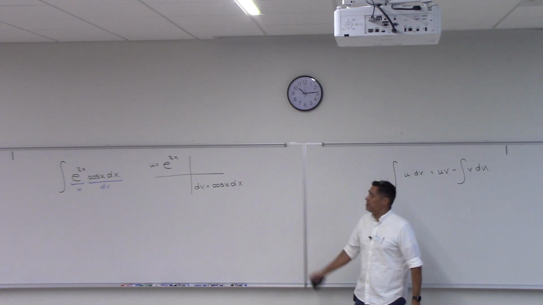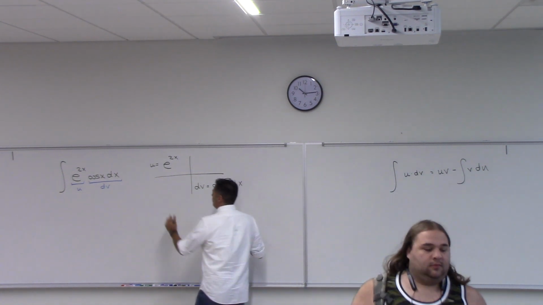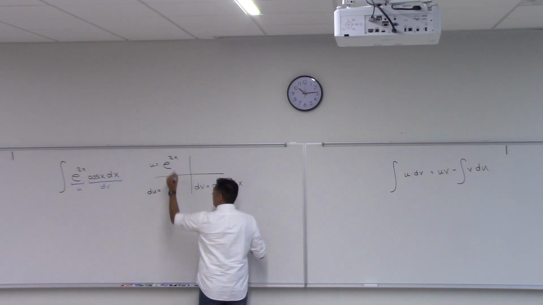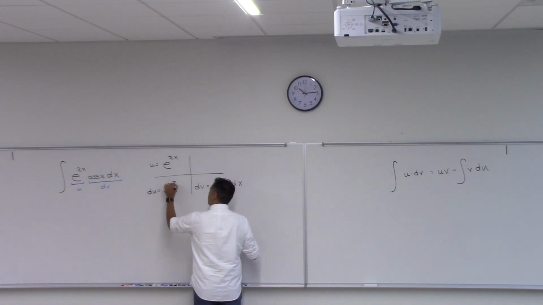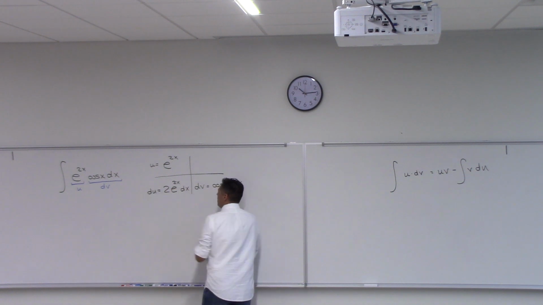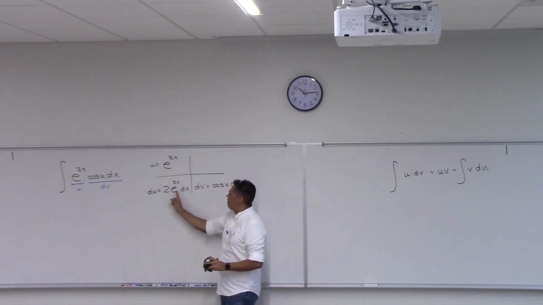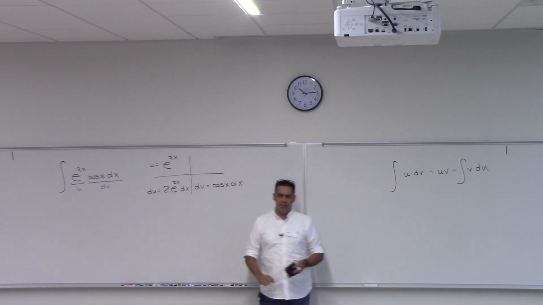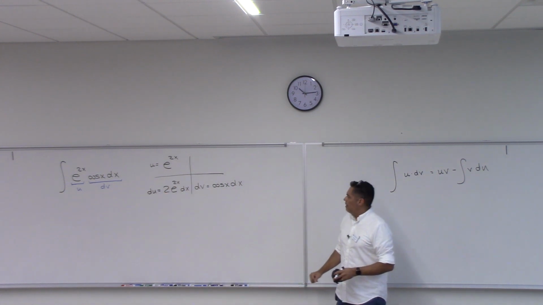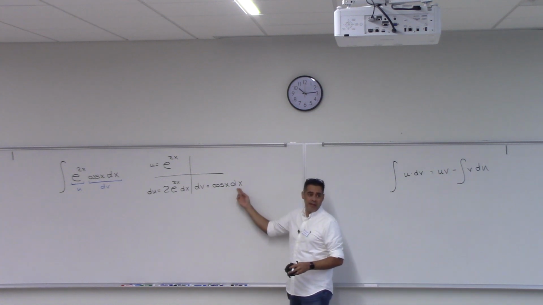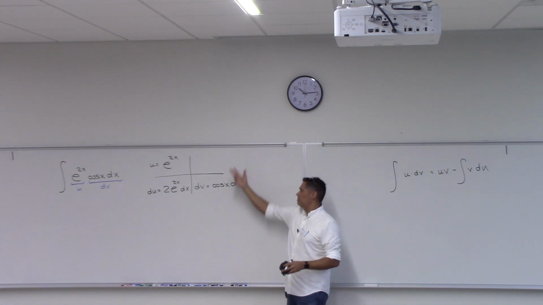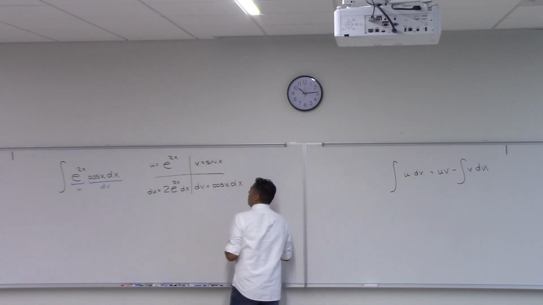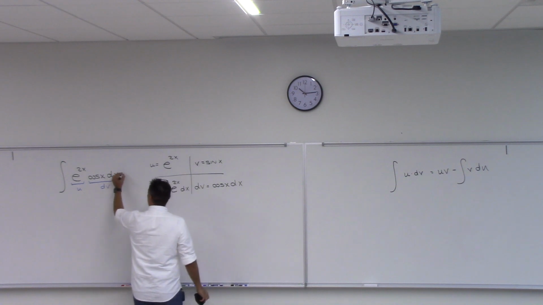All right, so now once I have chosen my u and my dv, I'm going to go ahead and differentiate to get du. And the derivative of that is 2e to the 2x dx, because the derivative of e to anything is itself times the derivative of what's up here, which is 2. And then, of course, you have to put the dx. And then the antiderivative of cosine of x with respect to x is sine x. So v is sine x. All right, so here's where we are. This integral